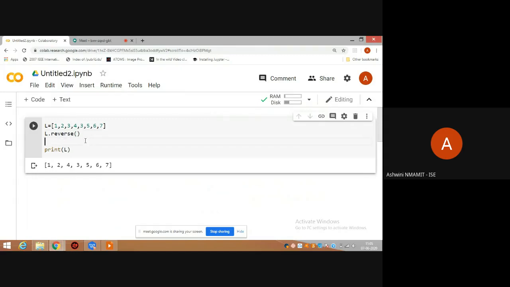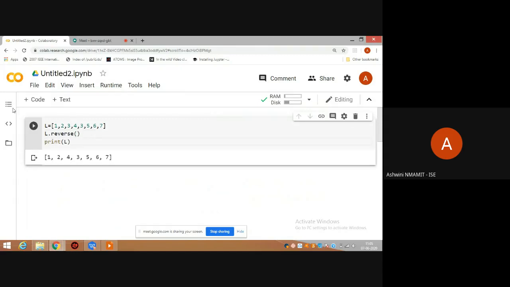So what does this give me? Of course, the function itself tells you what could be the answer. It reverses the set of elements. We have more function, that is sort.